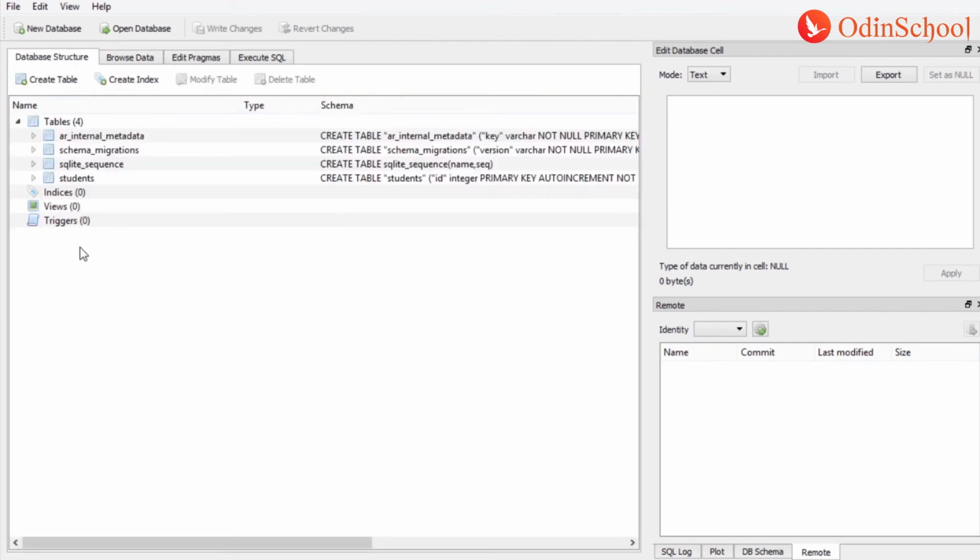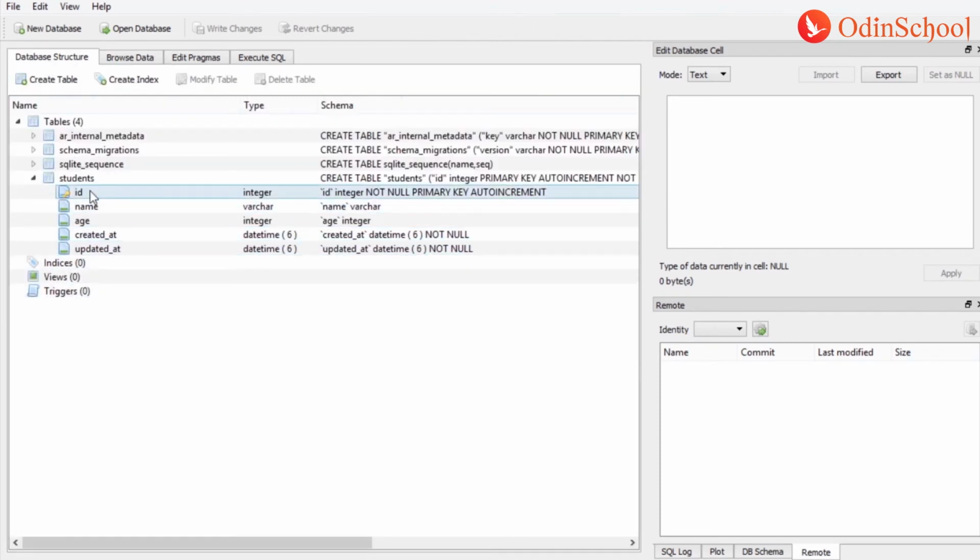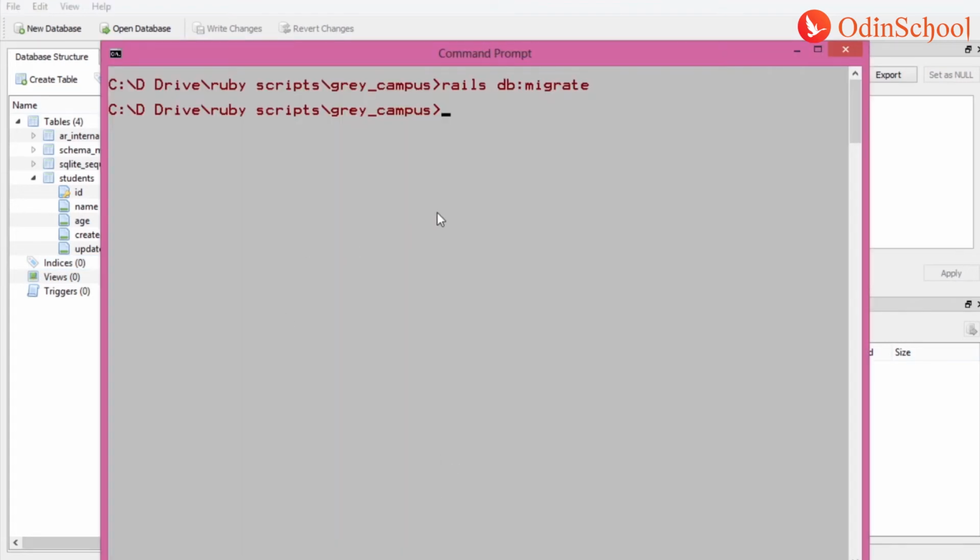Now when you see the structure of the student table, you can see the ID, which is a unique integer created automatically, then name, age, created and updated. This is the structure of your table, otherwise the schema of your database. The first table name is student, and right now the student table has been added. Second, you can add the corresponding